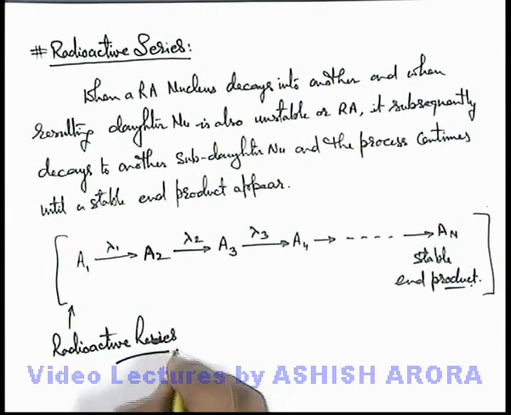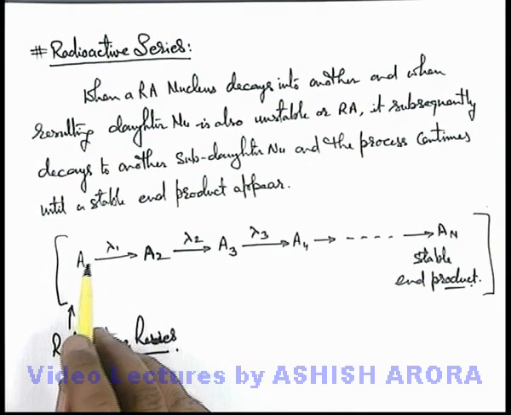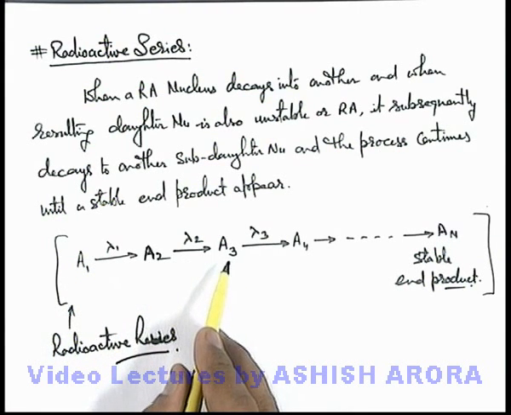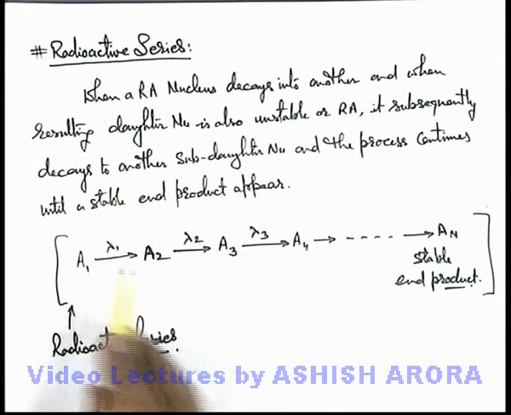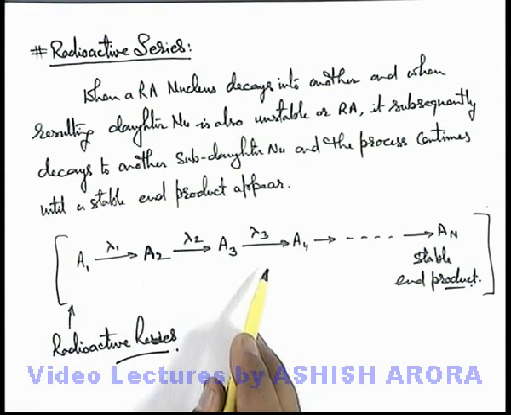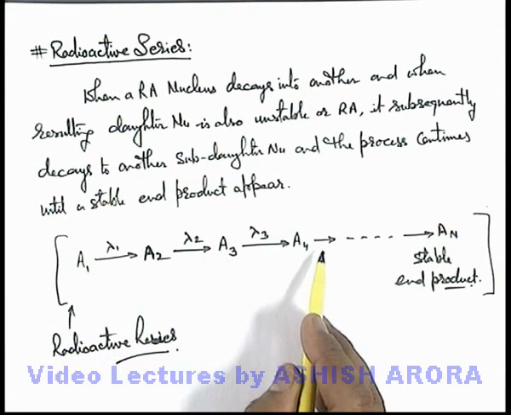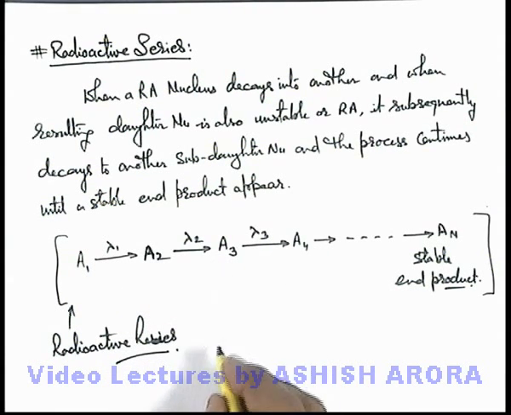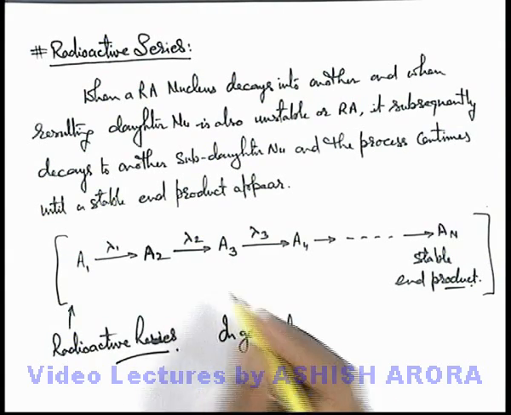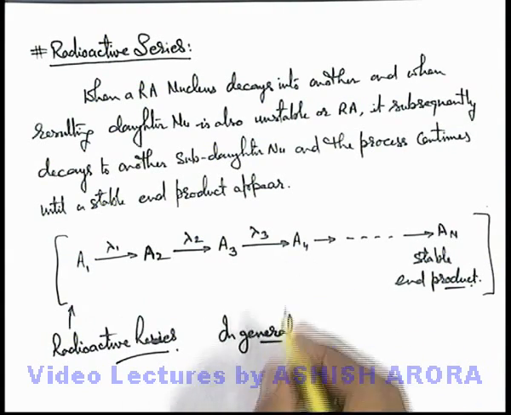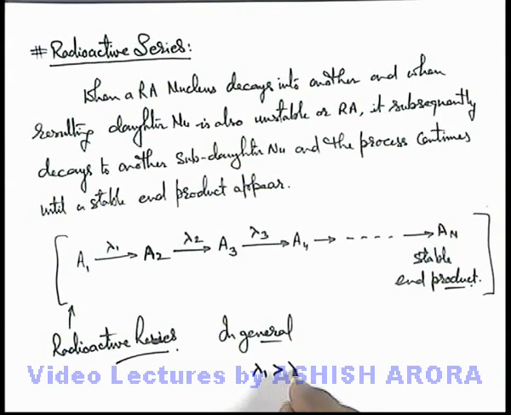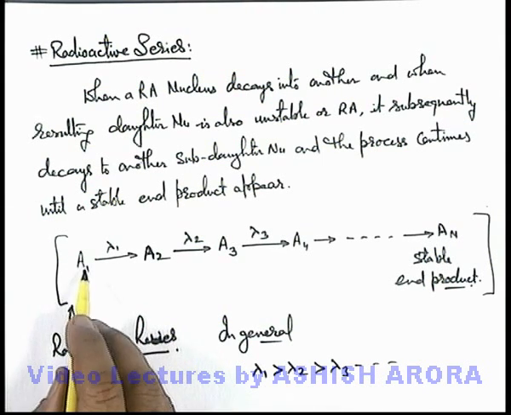And for this radioactive series, one thing we can say is that elements which are ahead of a previous element in the series are more stable because of the decay phenomena. Here we can see that the successive decay constants in the radioactive series will be decreasing in order. In general, and there are many exceptions we'll study later, we can write the value of lambda 1 will be more than that of lambda 2, which will be more than lambda 3, and so on,